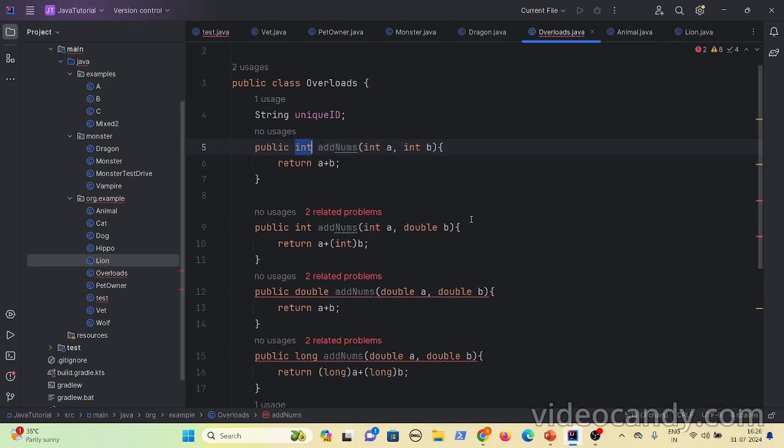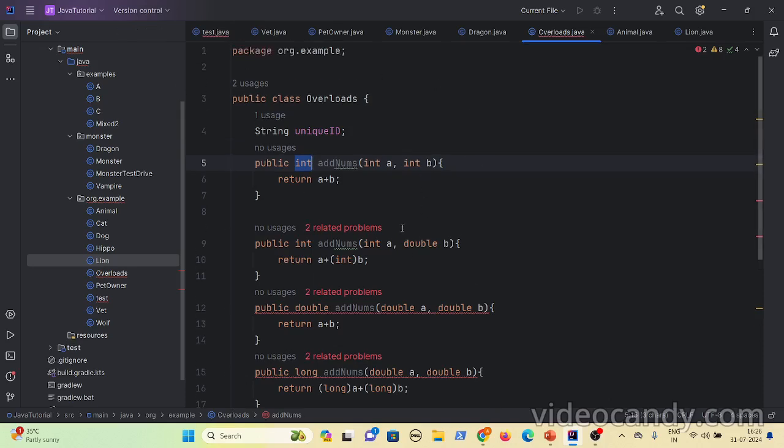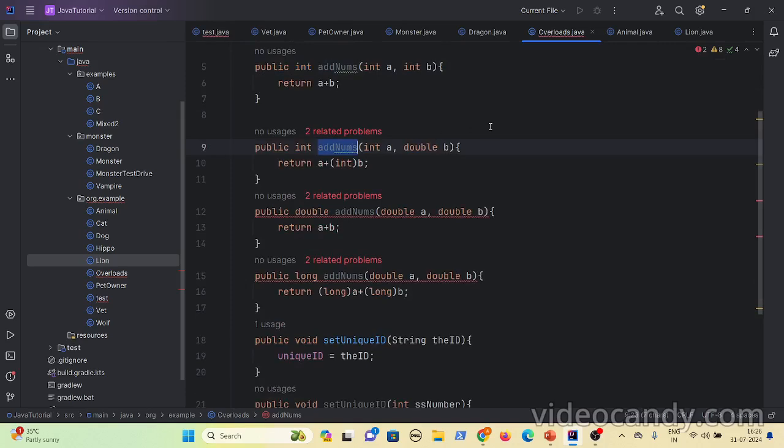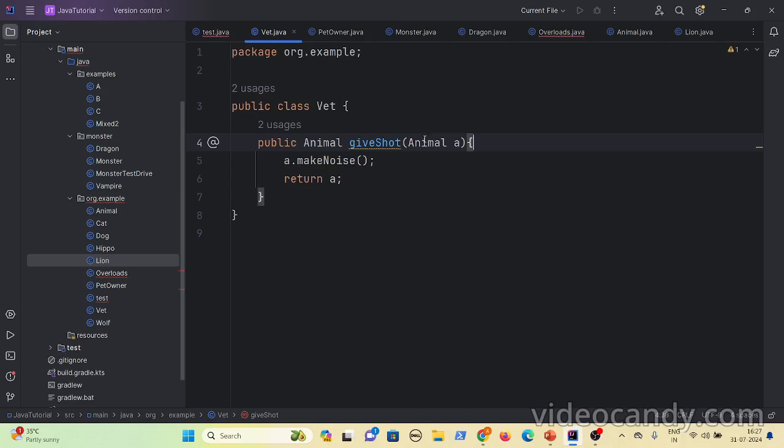By just looking at the method, your compiler can say which method is getting invoked, based on the types, return types and the number of parameters it is accepting. It can say that during compile time itself. But for the make noise method, you can't determine which animal is making noise because you have overridden the behavior.